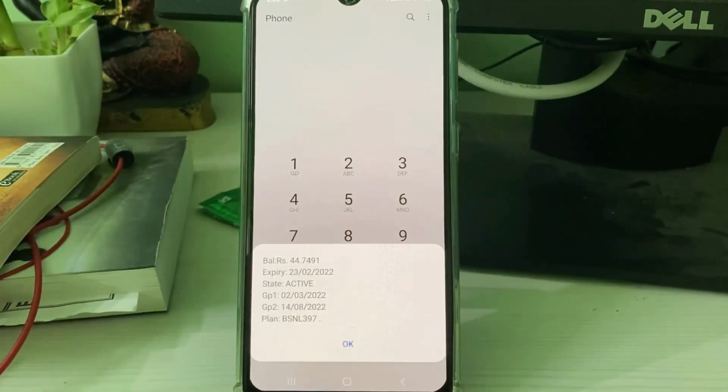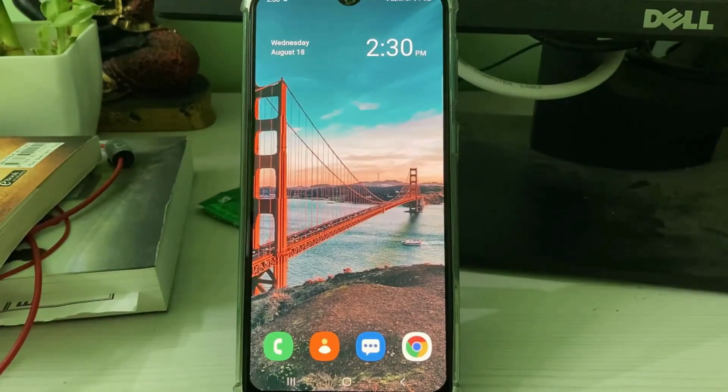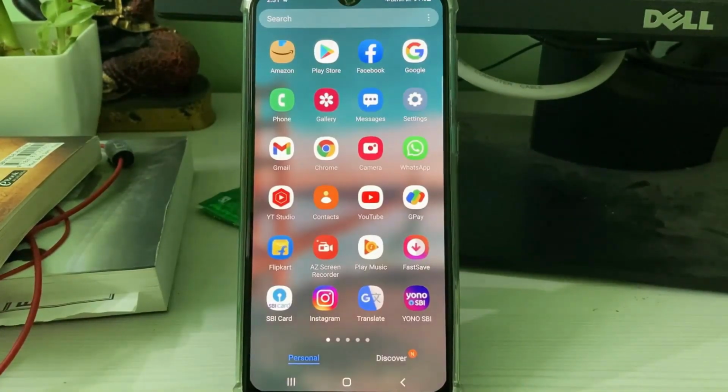The first one is, if you don't have a SIM card main balance, it shows this kind of message, because during this UPI ID activation process, your service provider may charge some amount from your SIM card. So first of all, check your main balance. And the next reason is maybe your SIM card does not have a proper network signal or some other technical issue. So anyway, how to troubleshoot this issue? Let's go to our tutorial.